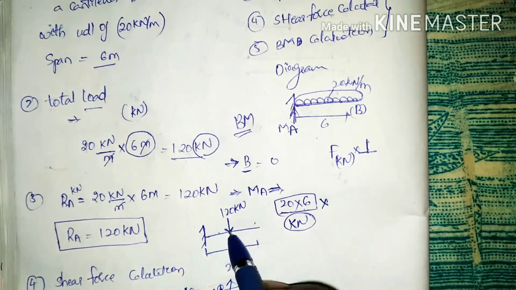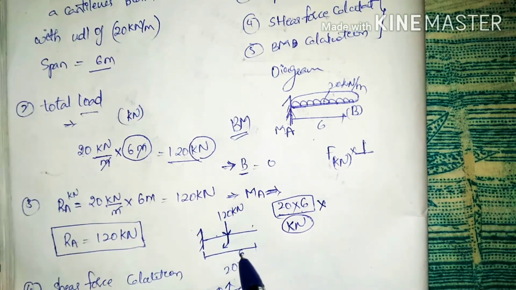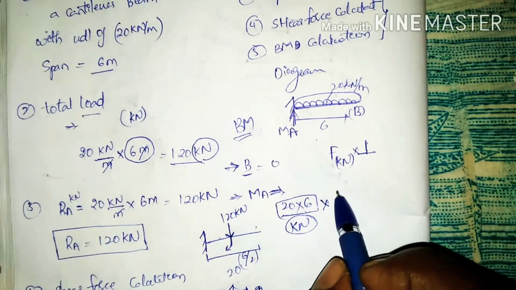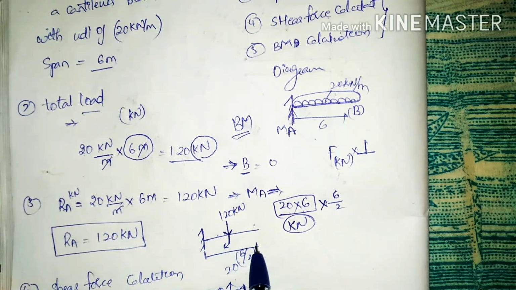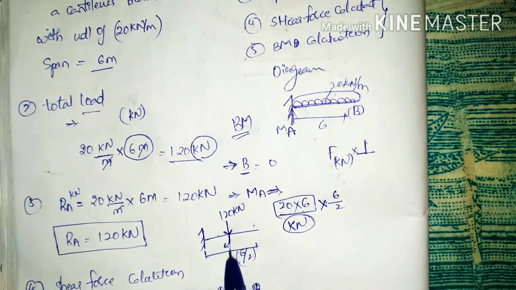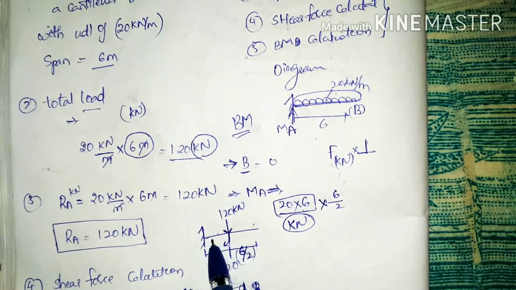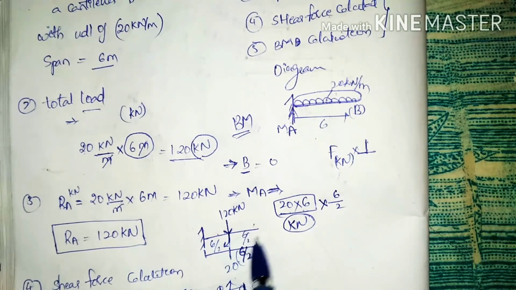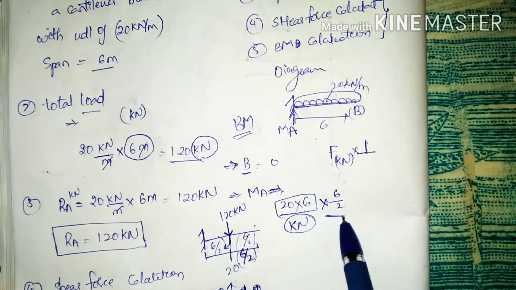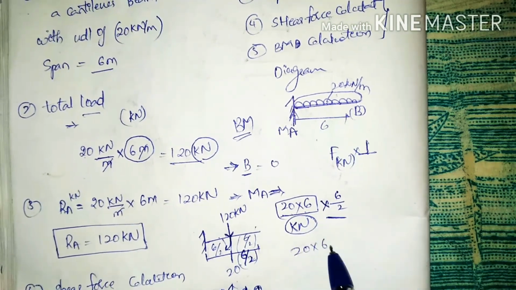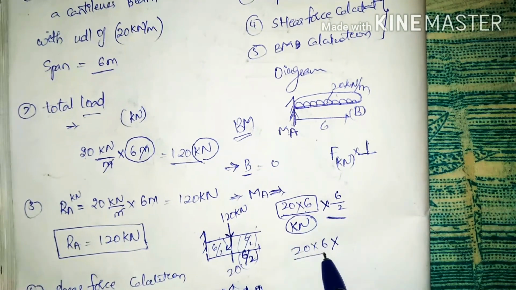This is the moment going to be taken like this from the midspan, so that 6 by 2, that is going to be multiplied by 6 by 2. Here the total span is 6. When we divide the 6 by 2, this is 6 by 2 and this is 6 by 2, half of the span. That 6 by 2 is going to be multiplied here. 20 into 6 is converted as a point load, and taking the moment from the midspan of the beam,